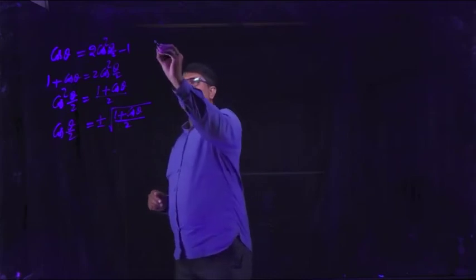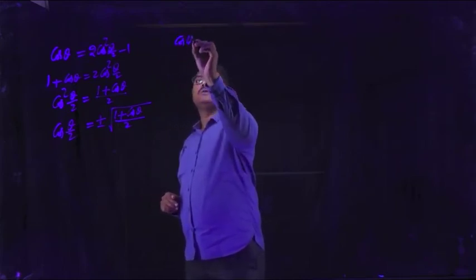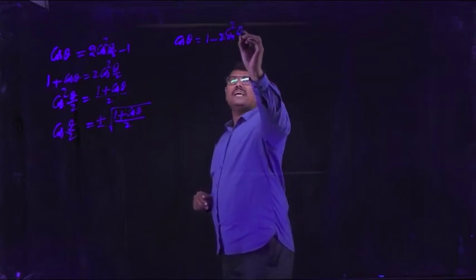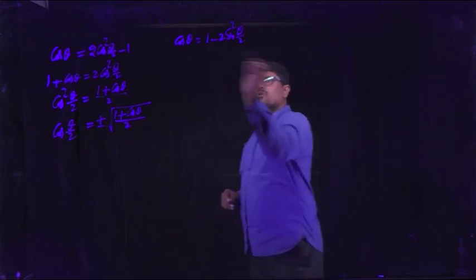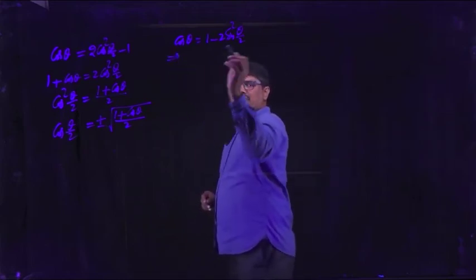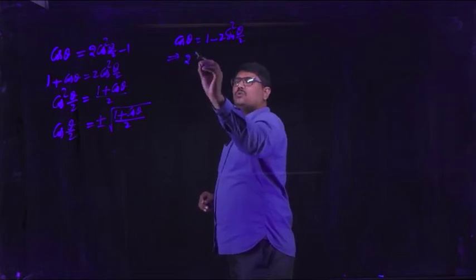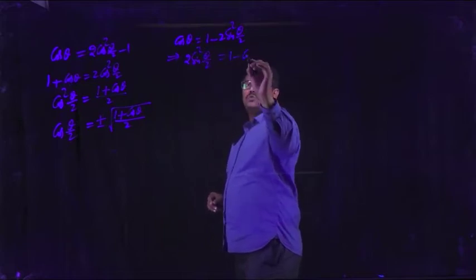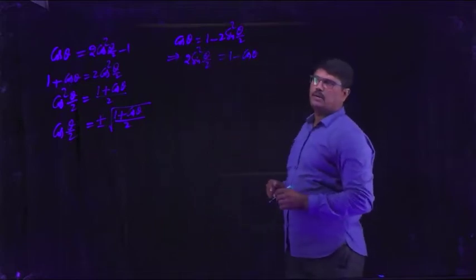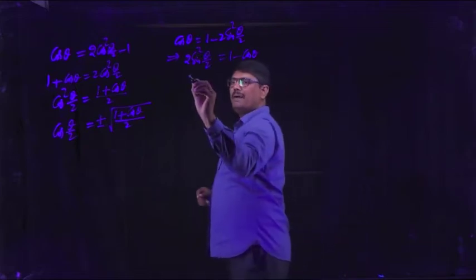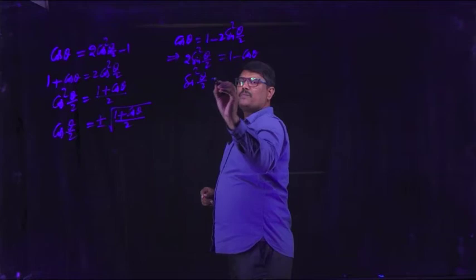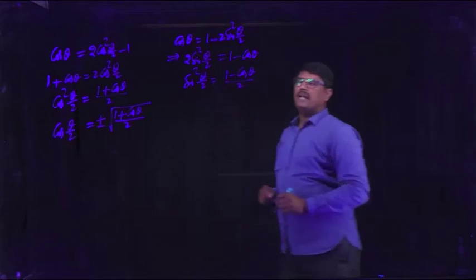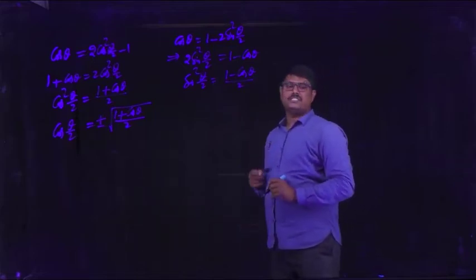Similarly, what is the other format for cos theta? Already we have cos theta, its other format in terms of sin is 1 minus 2 sin square theta by 2. Changing this equation, taking minus 2 sin square theta by 2 to the LHS and cos theta to the RHS, it will become 2 sin square theta by 2 is 1 minus cos theta. By this, what is sin square theta by 2? Which is (1 minus cos theta) whole divided by 2. So the value of sin square theta by 2 you can remember like that.